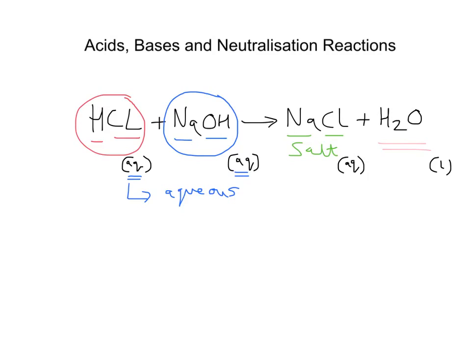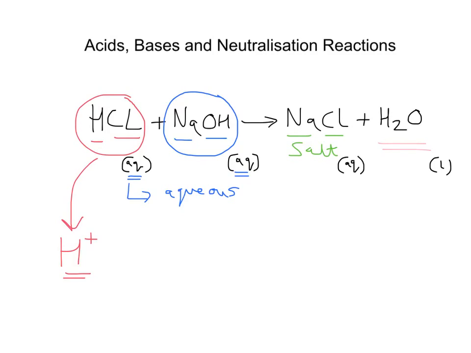Now let's think about what it is that makes an acid an acid. So we'll go through some of the key bits to do with acids. Now these are substances that contain hydrogen ions, or H plus ions. So that's the key thing that makes an acid an acid. It has H plus ions in it. If we think of hydrochloric acid, HCl, sulfuric acid, H2SO4. For example, all of the acids you can think of, ascorbic acid, nitric acid, they all have an H plus